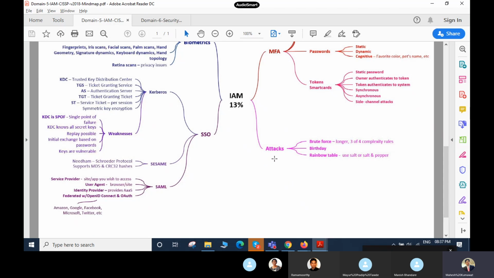So we have another thing, which is attacks: brute force attacks, birthday attacks, and rainbow tables. What type of attack is it? What is the category of the risk? It's a tree. So what is a root attack? Which category is it? All of those come under password attacks. Tell me about brute force attacks, dictionary attacks, rainbow tables, birthday attacks, the use cases, the examples.